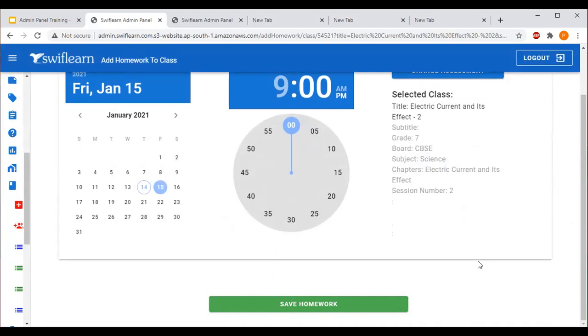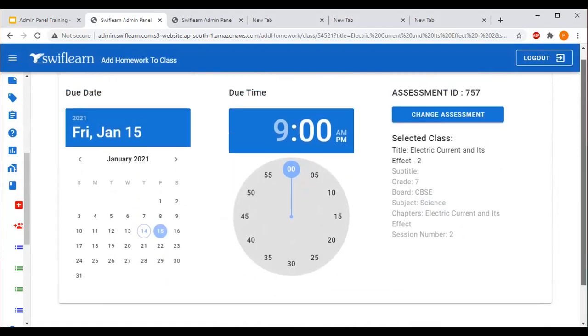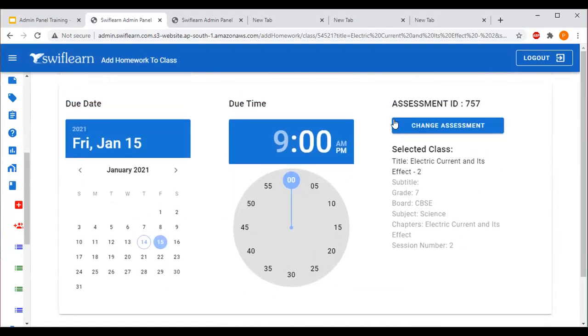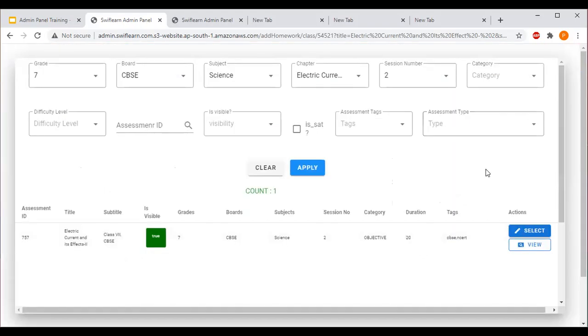So here, while assigning the homework, we have three scenarios. This is our scenario one. Now understand scenario number two. While assigning the homework, if you click on add assessment, this page will open. As per my first scenario, the teacher will get five pre-applied filters, and as per the filters, the teacher will get a number of assessments. Here, the teacher has to focus more on subjective, if subjective is there.